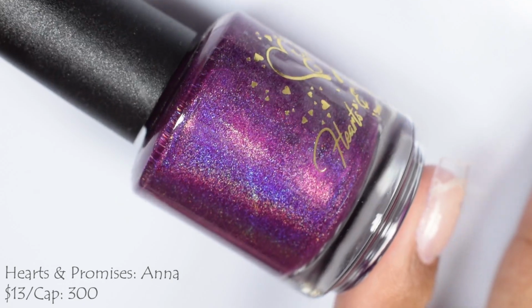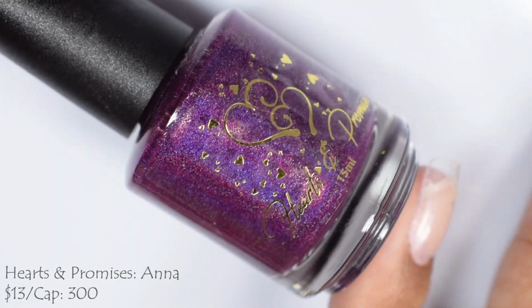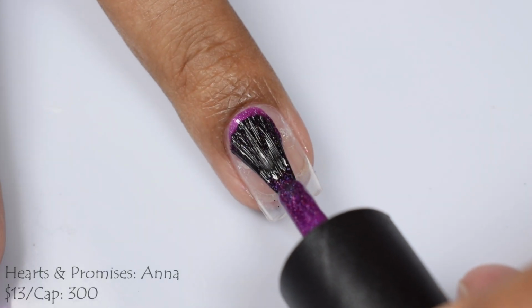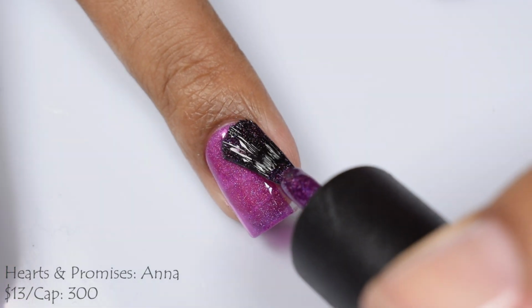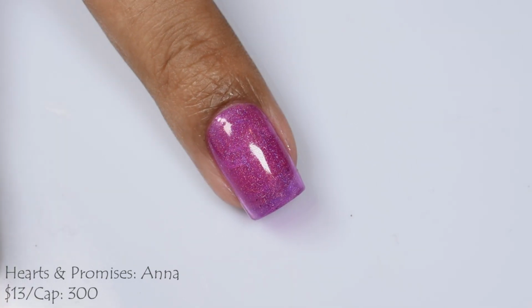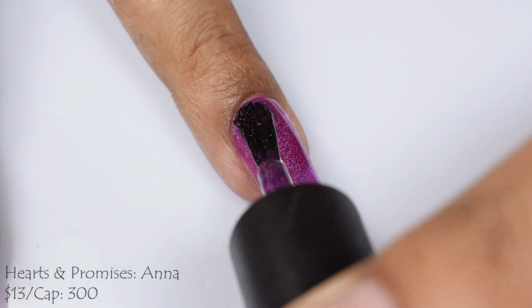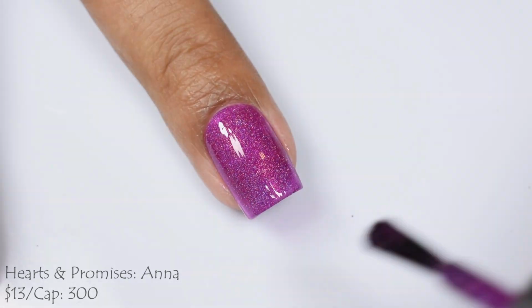And here's Hearts and Promises. This is Anna, described as a deep purple magenta linear hollow polish. This one's $13 with a cap of 300 bottles and part of her Princesses series. This is a really lovely jelly type of hollow. I do think that the overall finish is a linear finish, but because of the jelly nature of the formula